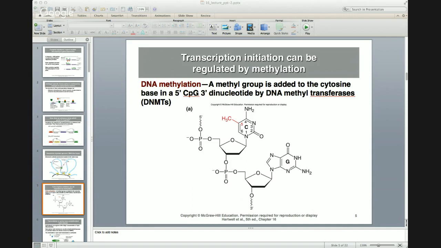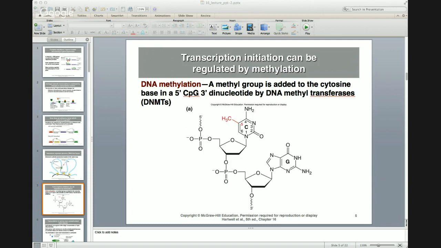If you remember, when we looked at the cross between purple and white flowers, the outcome was always purple, right? The dominant allele was purple. The F1s were always purple, regardless of whether the color purple was donated by the female part of the plant or the male part. But genomic imprinting is different. In genomic imprinting, expression of a particular gene is dependent on the parent that is transmitting it. And genomic imprinting is under the control of methylation. Okay.